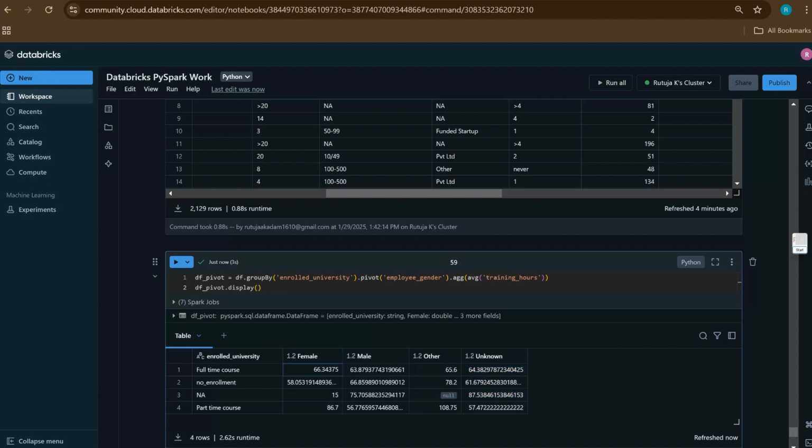So with this we are getting training hours, the aggregation, that means the average of training hours for these values. So this would be my pivot table. So it will be better for us to analyze